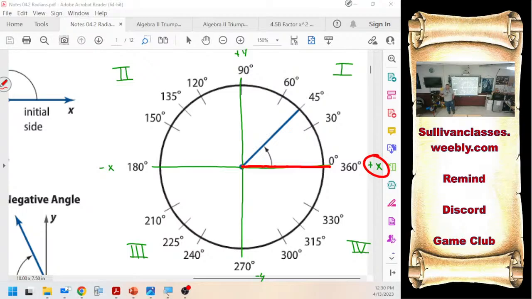I normally start with positive x's whenever I'm graphing things, whenever I'm talking about domain and range. We like to talk about domain before range. We like to talk about positive numbers before negative numbers. So all of these angles are going to be based on, I will start at positive x, and then I'll rotate counterclockwise for positive angles, or I'll rotate